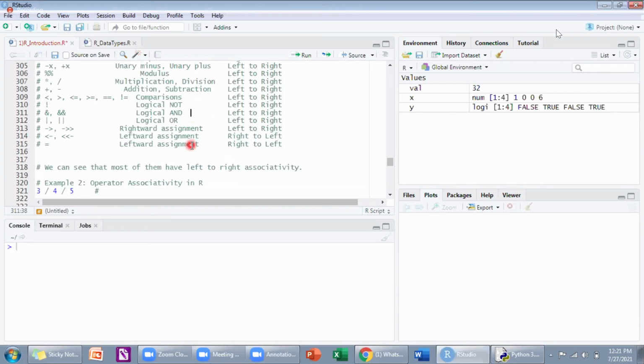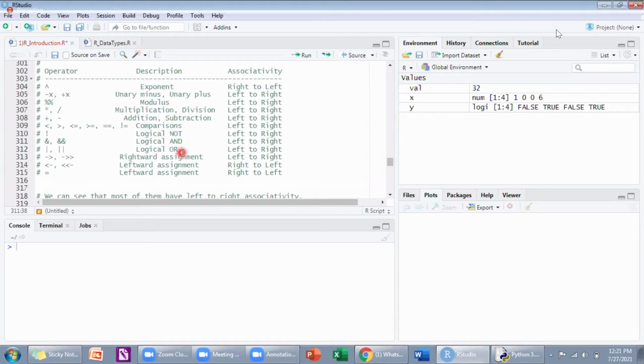What is that hash and equal to? Which line number, can you tell the line number? 315, sir. It's only equal to. This is like a comment. If I don't give this, it will not run. Okay, it's showing errors, so I'm just commenting it. This is all a comment line. Don't worry about this hash.